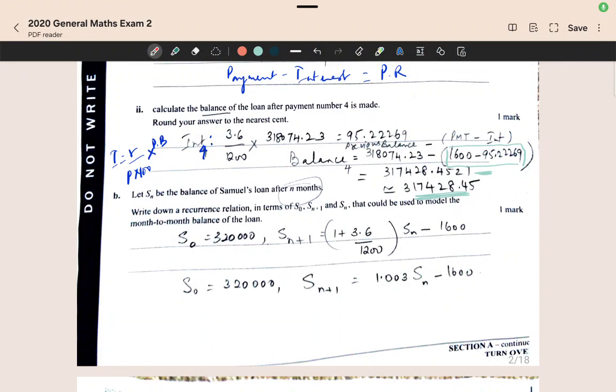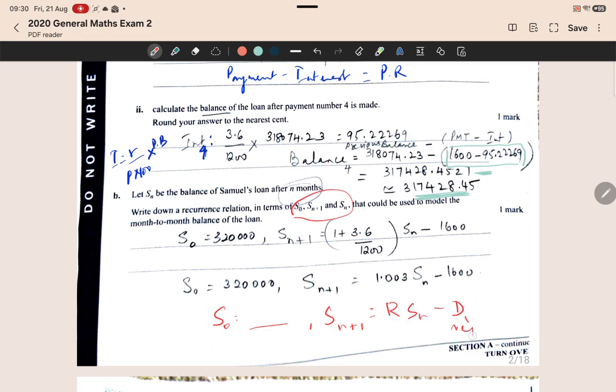Part B: S_n, the balance of Samuel's loan after n months, and they want you to write a recurrence relation in terms of these alphabets. Now, a recurrence rule consists of a starting value and a rule. And the rule consists of R times S_n minus the repayment. So this is the repayment. That is your growth factor,